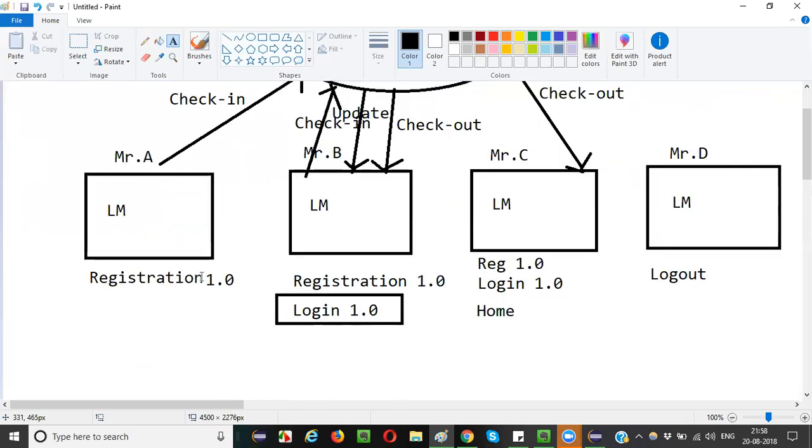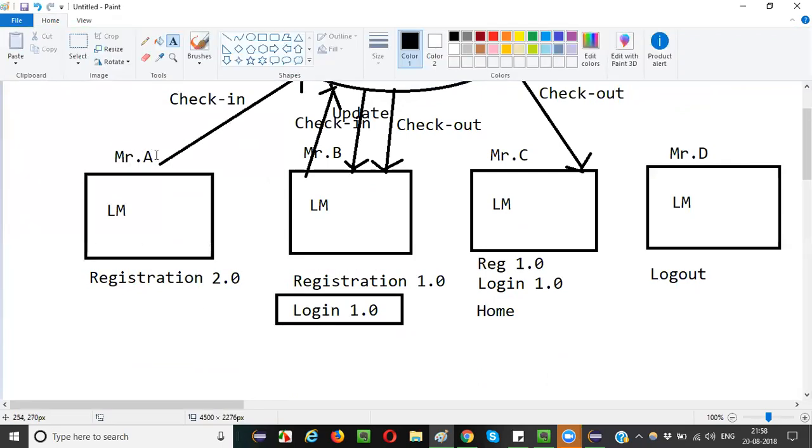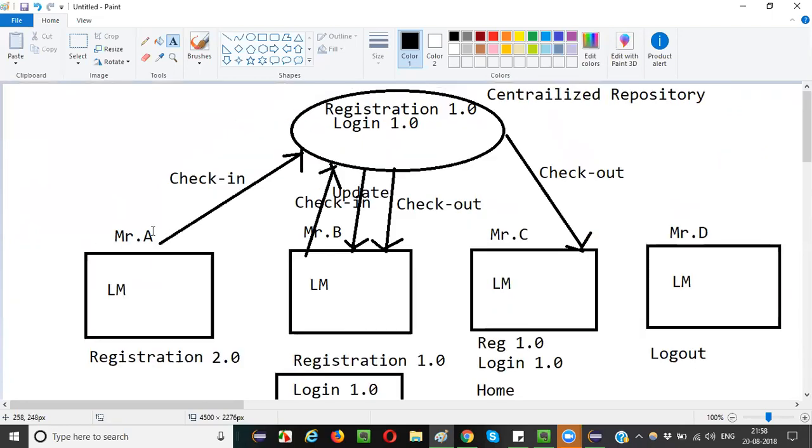Mr. A has updated this registration 1.0 with something, let's say 2.0. He modified some registration code. While you are working on the homepage, before you check in, Mr. A has been asked by the manager or project lead to update this registration 1.0. He identified some mistakes in the registration automation code and was asked to update it, and Mr. A has done that. Before you check in this homepage, what Mr. A did is,